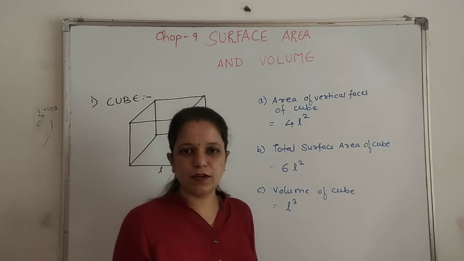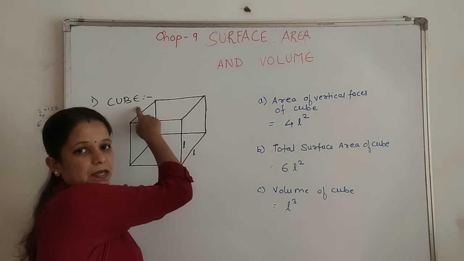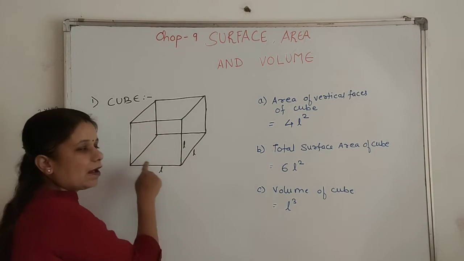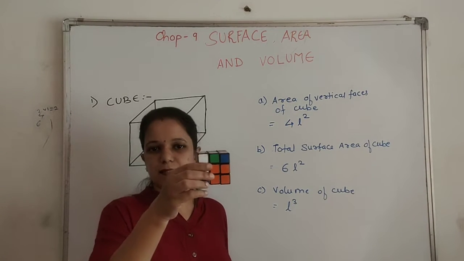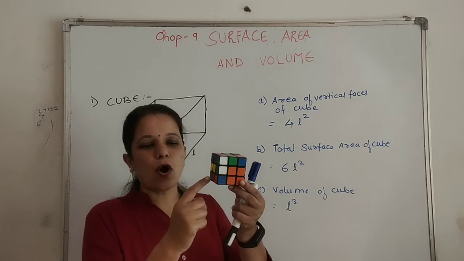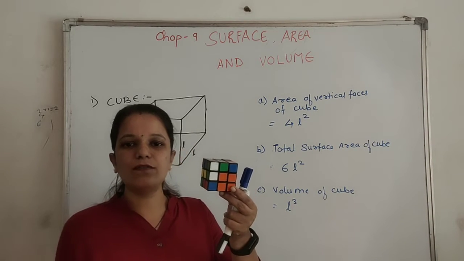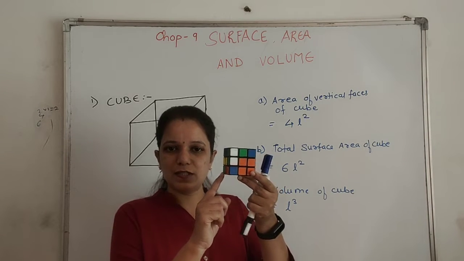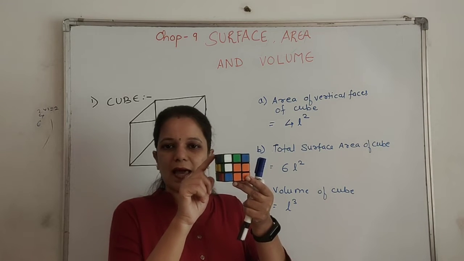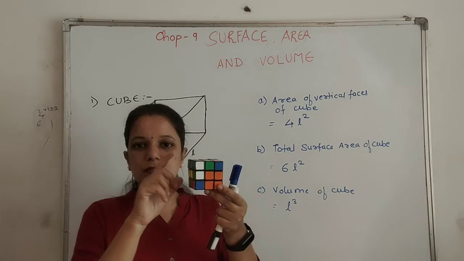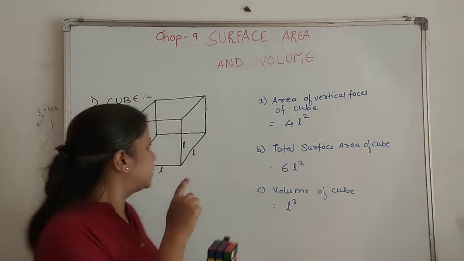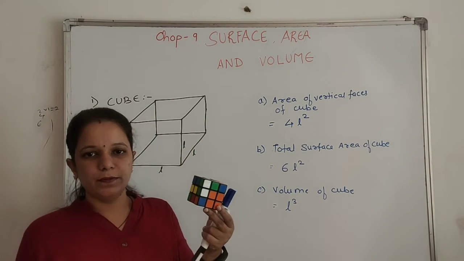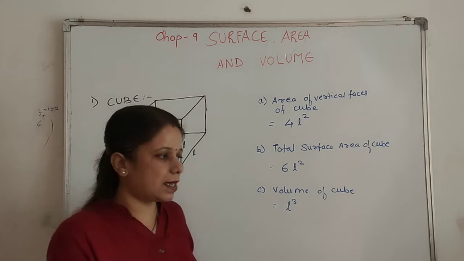Now the first three-dimensional figure which we will study is the cube. The figure is as shown here. Now this cube, have you seen a Rubik's cube? It is like this. A cube has all the dimensions of the same size. This means length is the same as breadth is the same as height. So if you take two squares and join them, then you will see a cube. Okay? So for a cube, all the dimensions are the same.